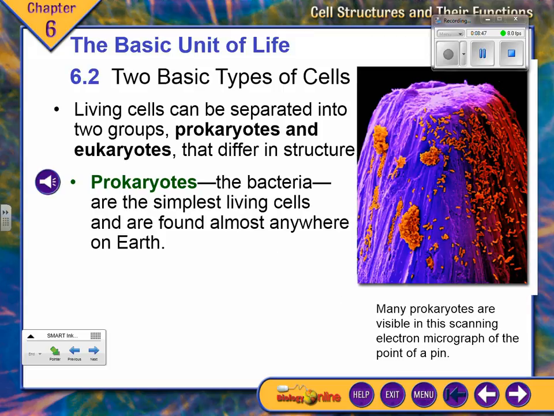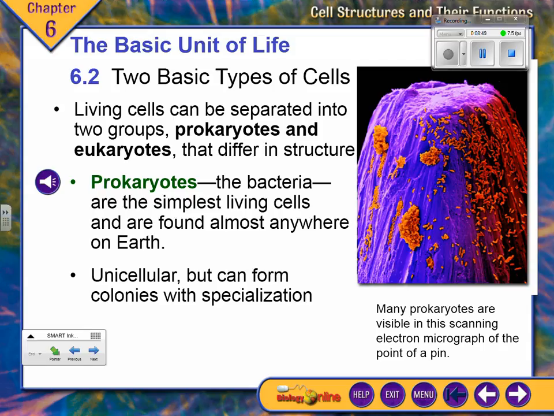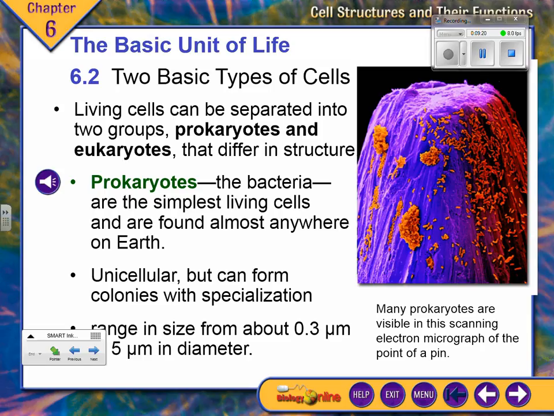Prokaryotes, eukaryotes. Prokaryotes, the picture on the top of this needle, like when you guys did the cells alive on the top of that pen thing, those are E. coli, rod-shaped bacteria. They're the simplest, oldest cells, organisms. They are unicellular, even though there's some specialization that can go on, where one can make more proteins that allows it to do a different task than another. So kind of cool, they can work as a team, kind of like the staff here can work as a team. I do a different job than somebody else.